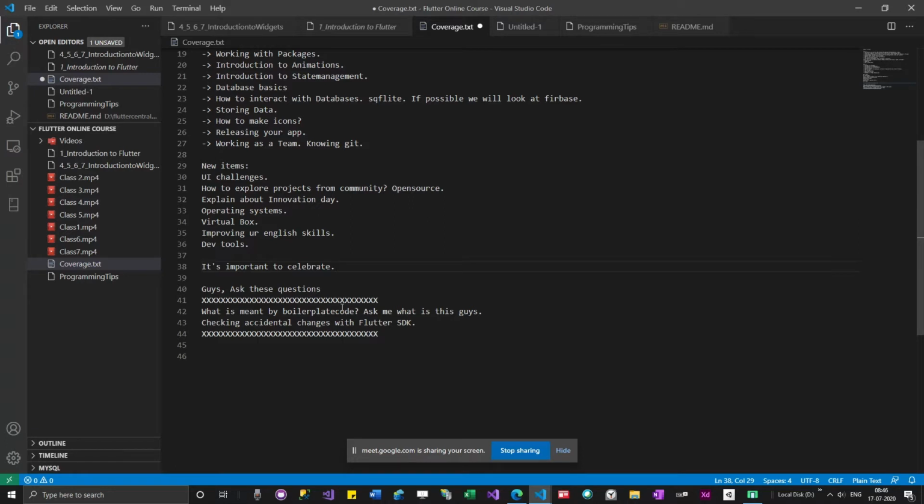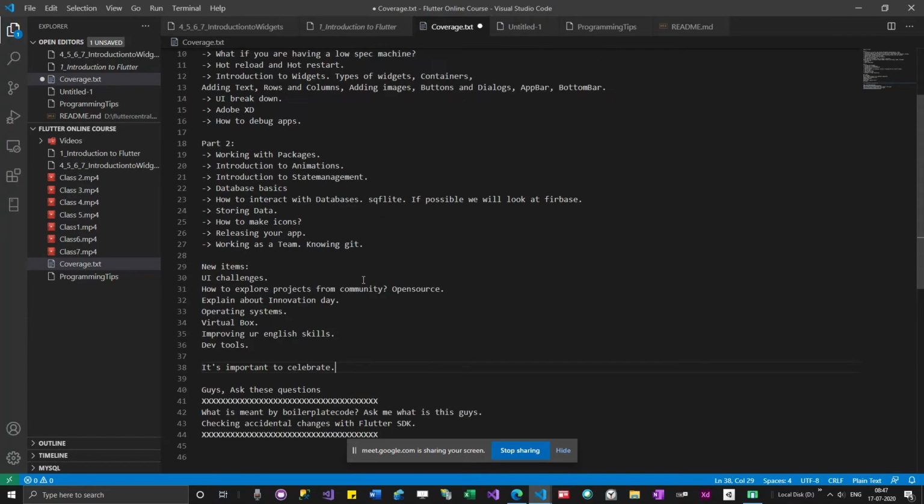No, if you write a hello world program in Python, celebrate it. If you write a hello world program in Java, celebrate it, as long as you understand the concepts. When I say concepts, not fundamentals, guys. Just the concept, like this is how you should run the program. That is also a concept. How to debug the program, that is also a concept. How to debug in Python, how to debug in Java. There won't be much difference, but that's okay. Even the smallest achievement you should always celebrate. It's very important.